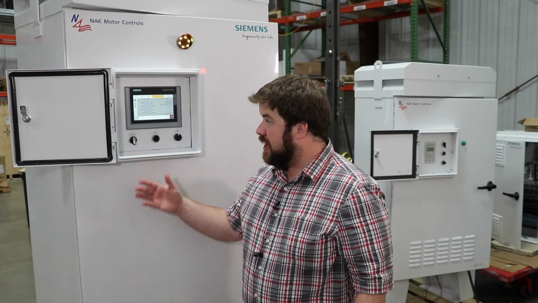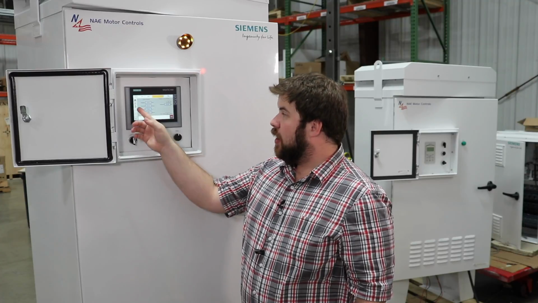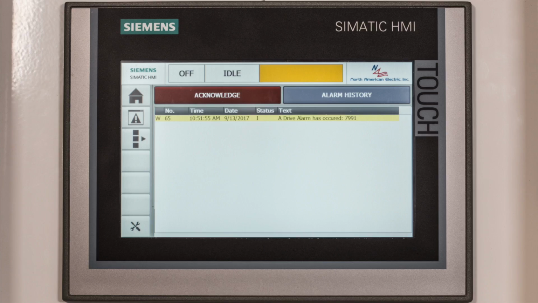When powered up, the HMI screen shows the home screen, which displays the drive output information such as the voltage, current, torque, and frequency. The set point frequency is also displayed on the right side of the screen, as well as the drive runtime. From here we can go to the alarm screen, which shows all the active alarms in